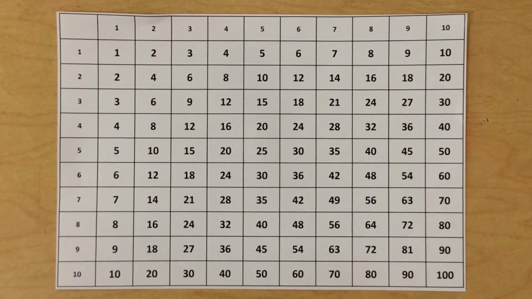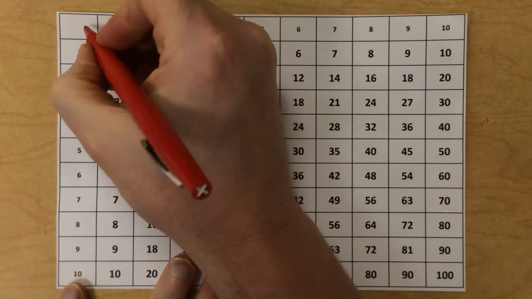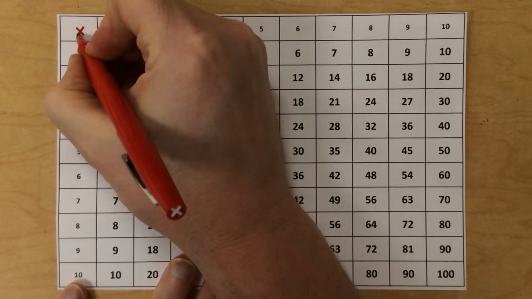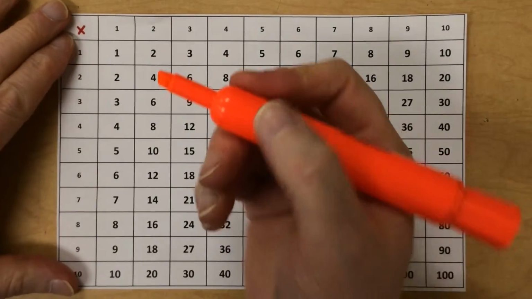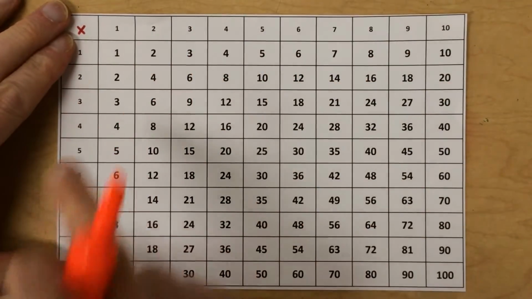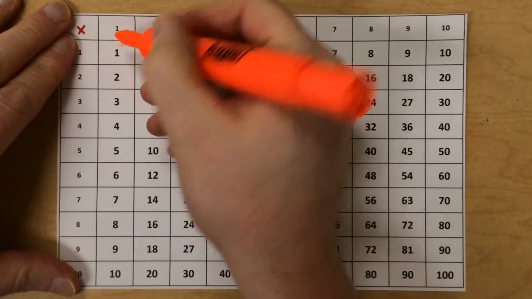Before we go on and look at the remaining strategies, how many people remember seeing this? The good old times table grid. Let's look at what we've done so far. I don't even have zeros on here because anything times 0 is 0, and it's not even a strategy worth looking at. But if we look at highlighting all the strategies that we've covered that kids should know easily right